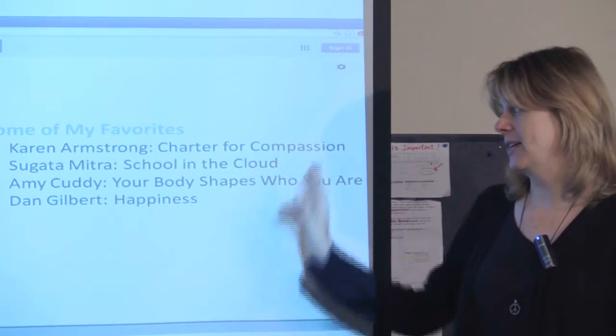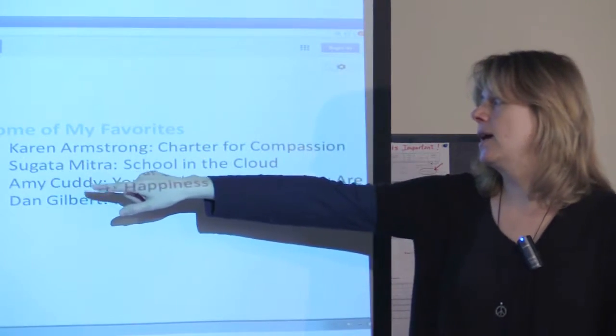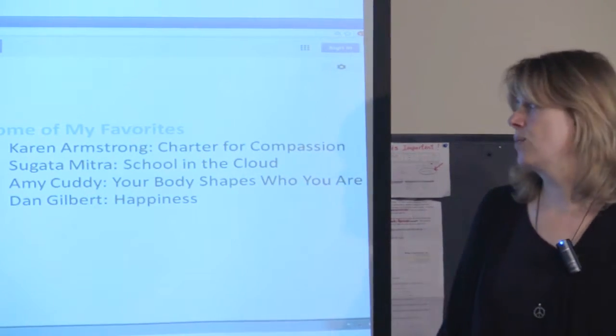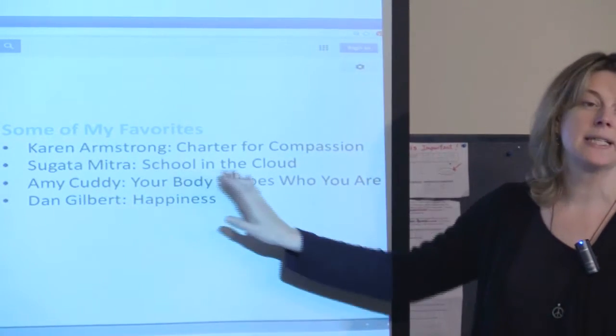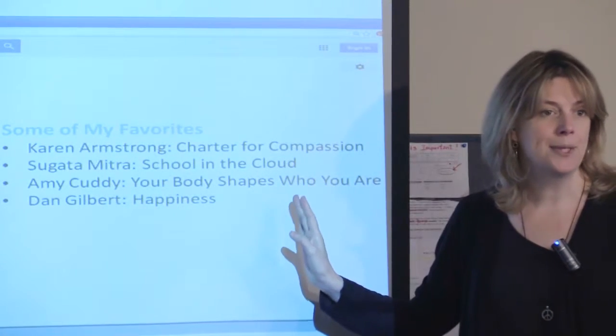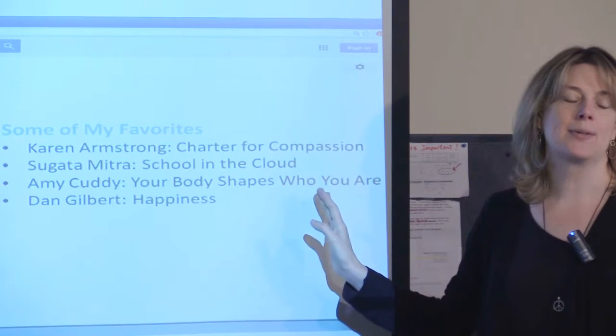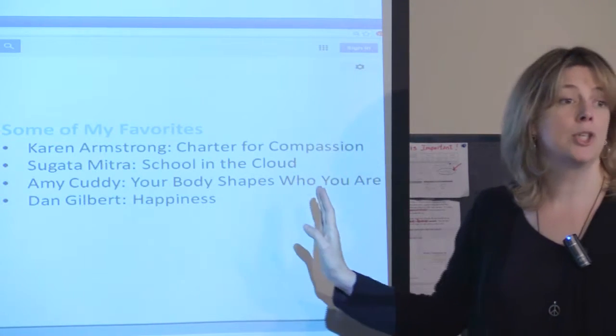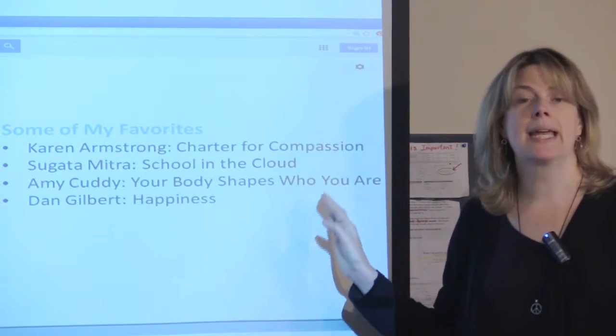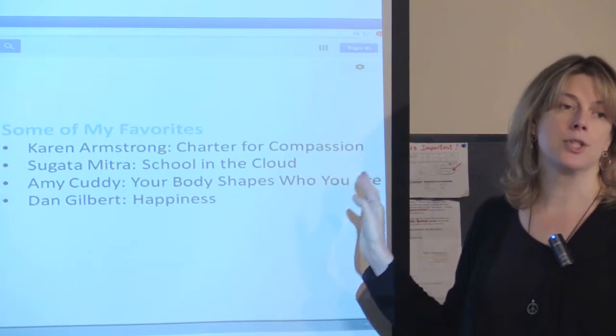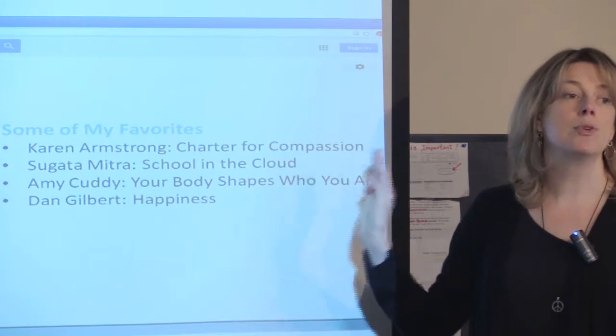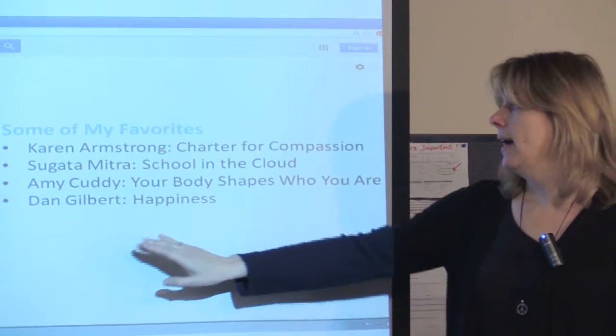And it's a great one. This one, Sugata Mitra, is one that I've recommended before. This is the School in the Cloud. And he's talking about how people use computers and how we can use computers to move people out of poverty.